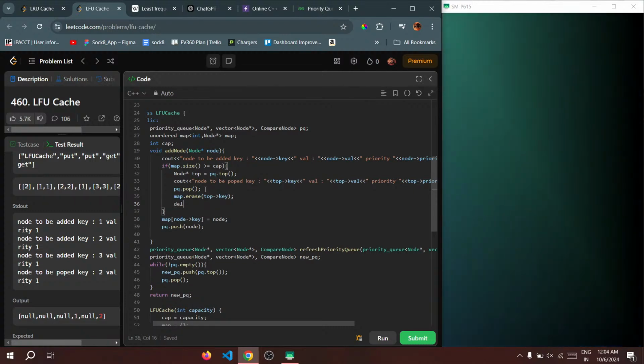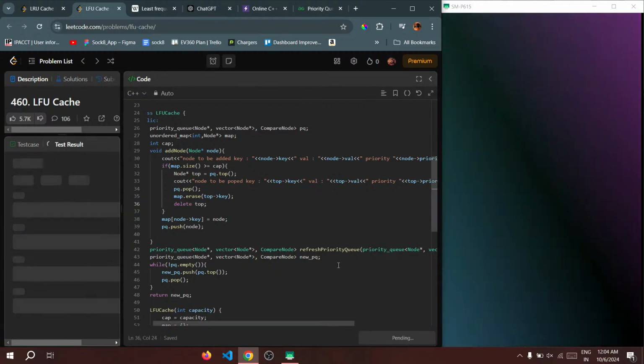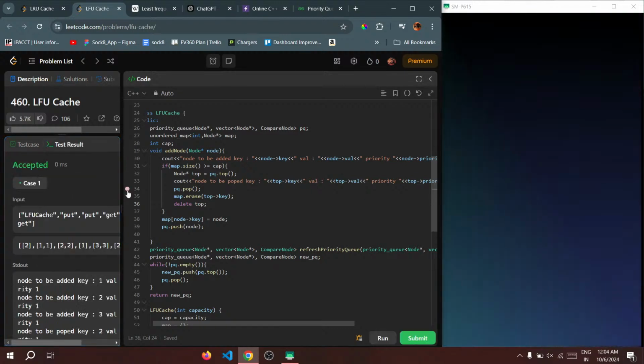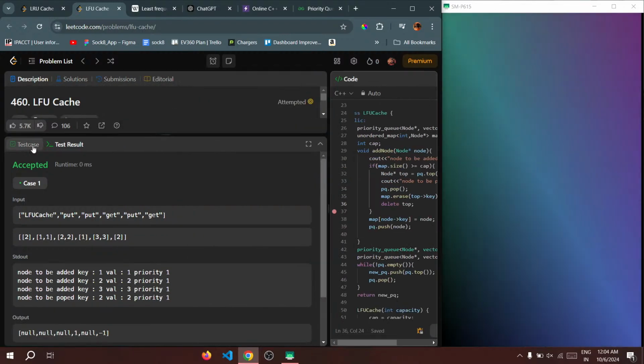Also we need to delete top, obviously, otherwise the entire thing goes to the ashes. See, it's not that difficult, you just are stupid. I mean,